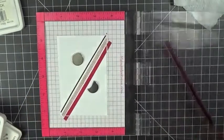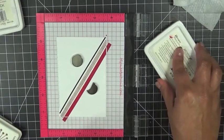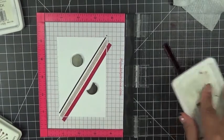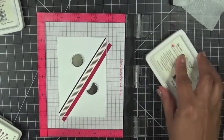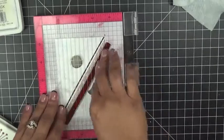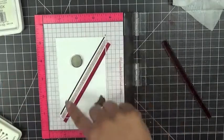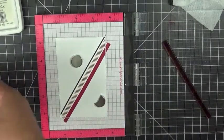Okay. Actually, that looks good, but I'm going to do one more coat because I'm just picky like that. When it comes to my plaid, it's got to be perfect. Okay. So let's go ahead and get this down like so. There we go. Okay, so now we're going to go ahead and just repeat the same steps over